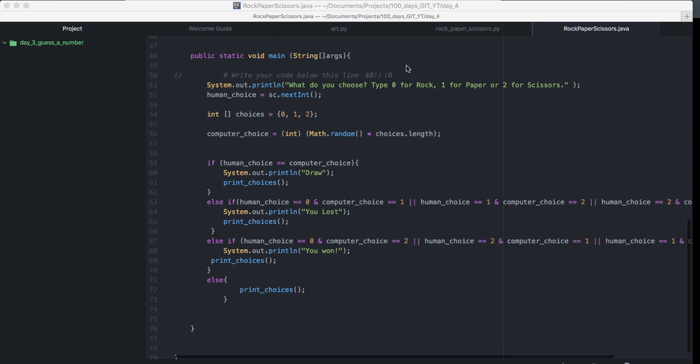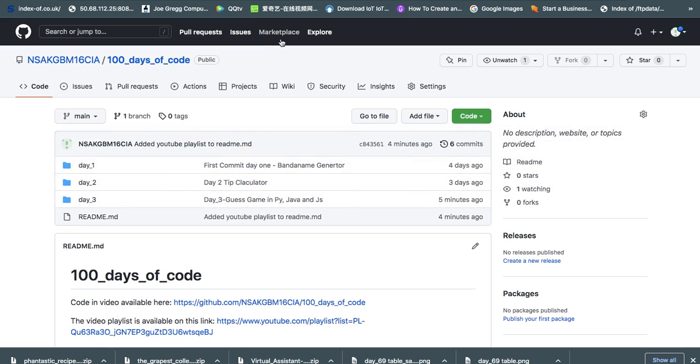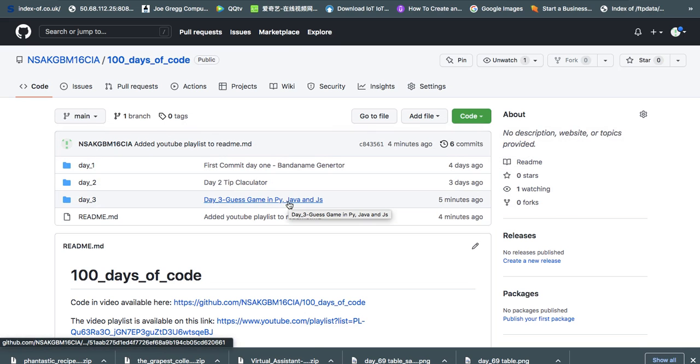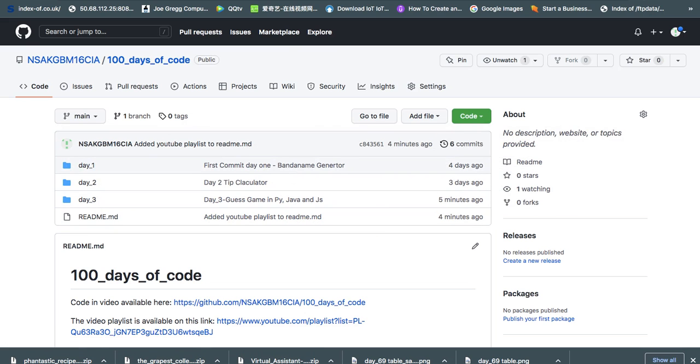Day number 4. Okay, so this is really good. This is going good. We've got our day 1, day 2, day 3. And if you missed day 3, we had Java with Python and JavaScript right in. So you really gotta go check that out. But already we're working on something very big.